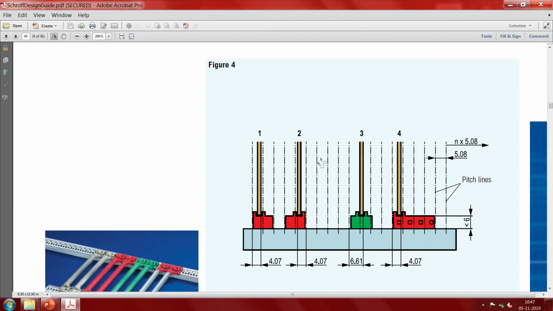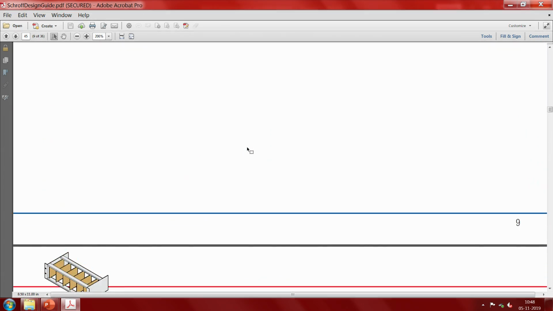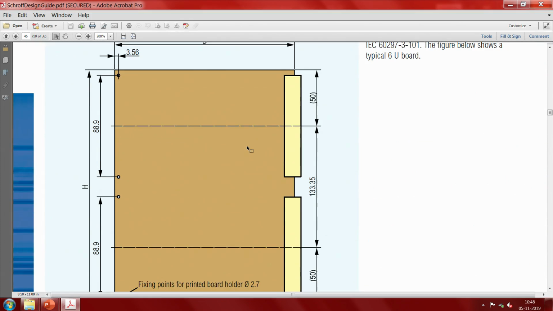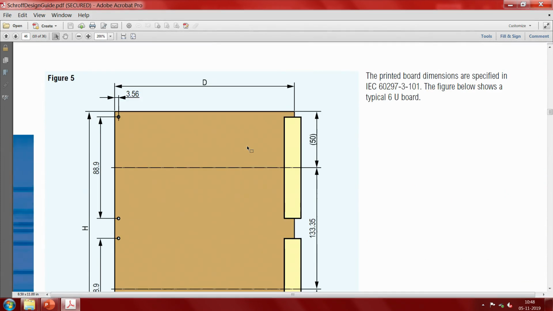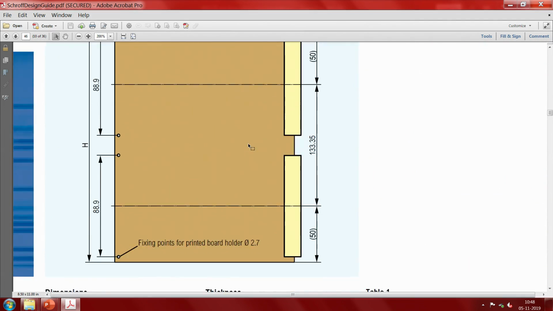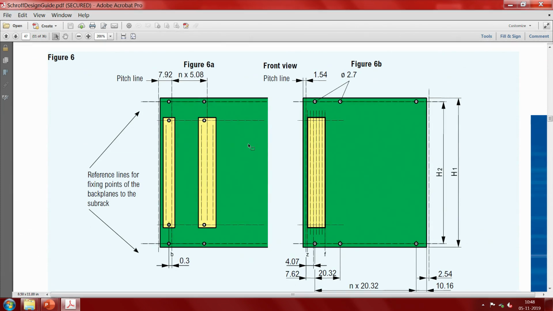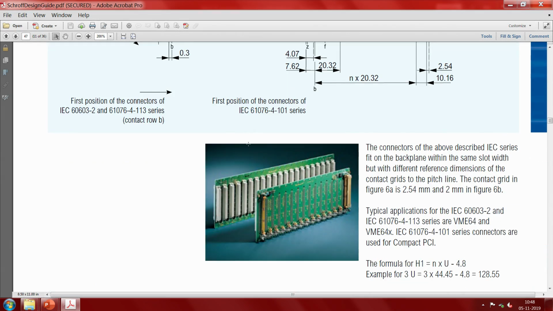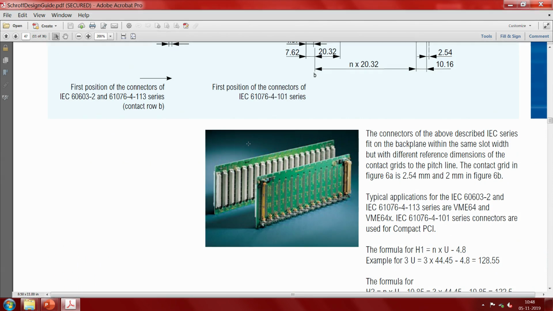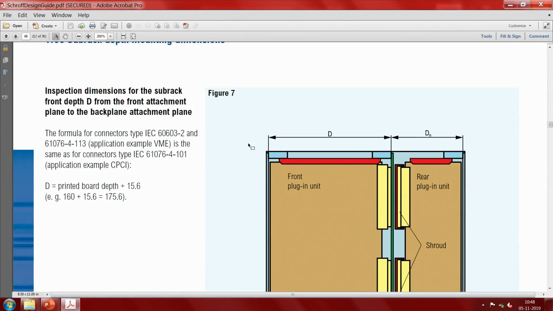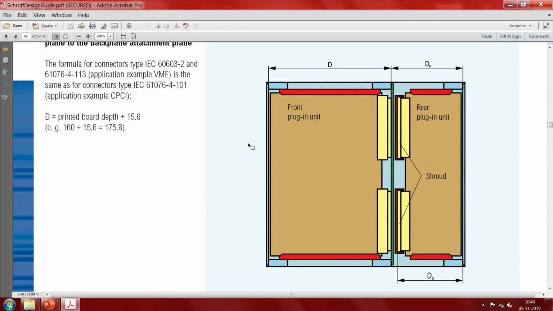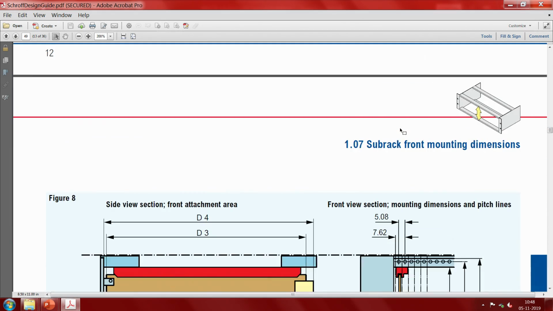This is a little detail about how the card guides and all that. Why I am showing it is all these are available. This is the detail of the double euro card. Then a large number of things like type of connectors, all this data, and then this is a power back panel, which is very, very useful. There are even things which are back to back. So, we have a front plug-in unit, a back plug-in unit, we can attach them together, and